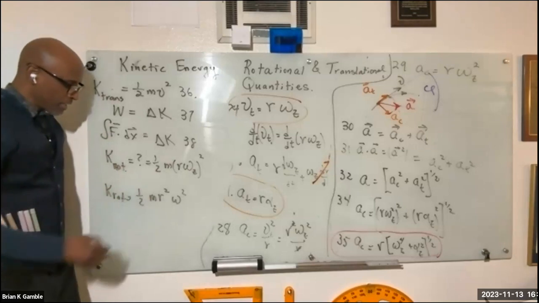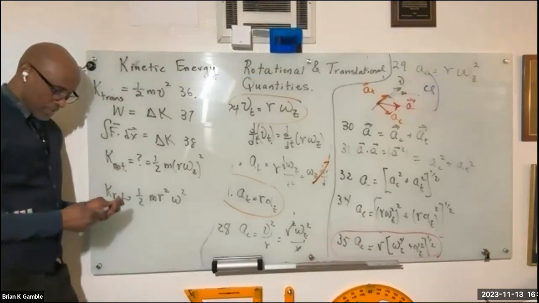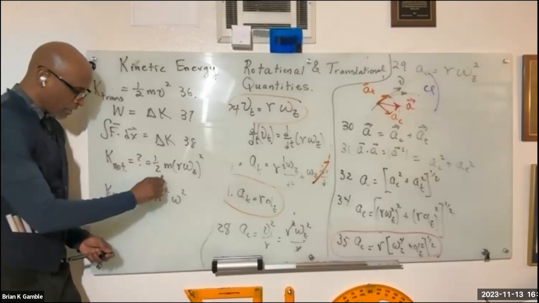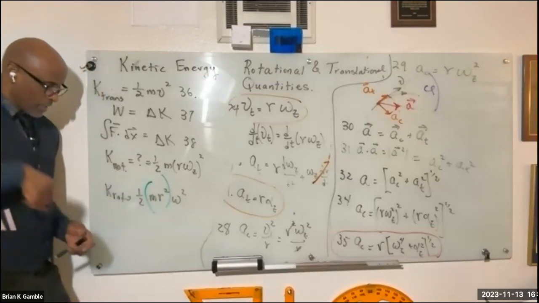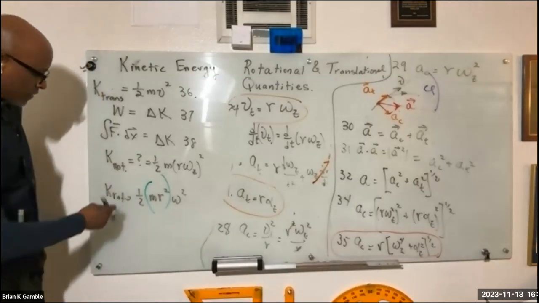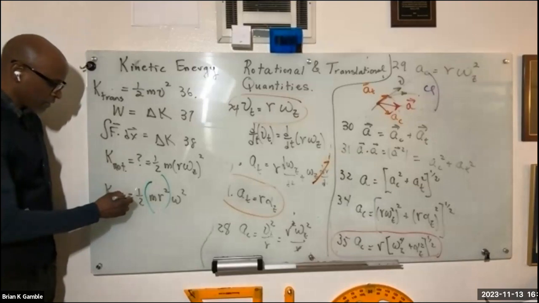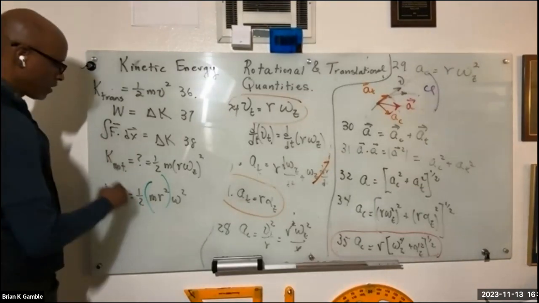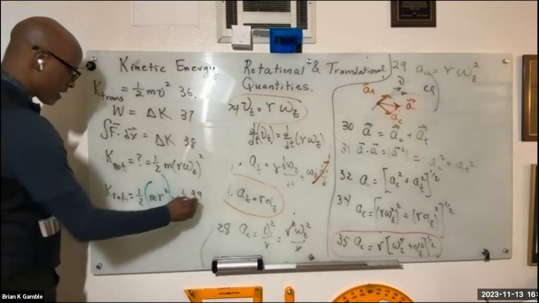Now, this quantity here, I have to give you some more information. This quantity is something called moment of inertia. So I have to define that here. It comes out of the derivation of rotational kinetic energy. So I'm going to say that